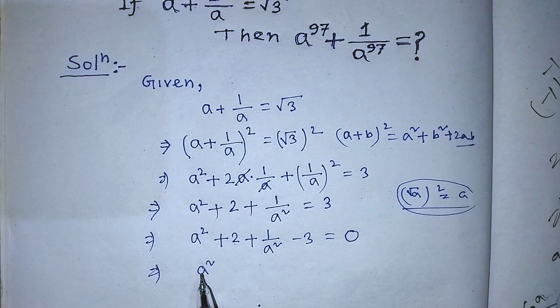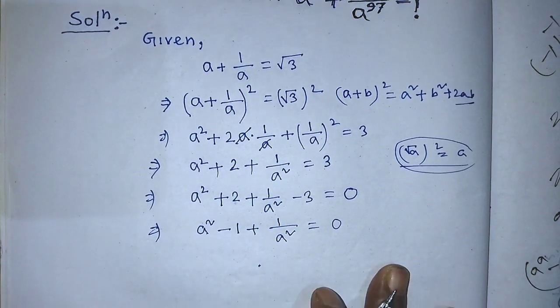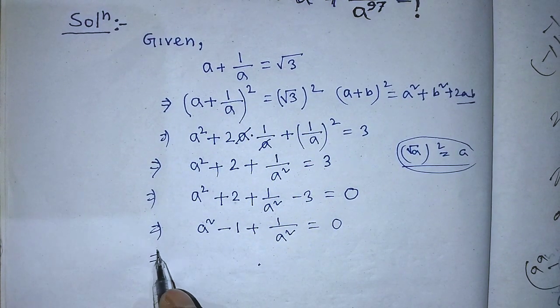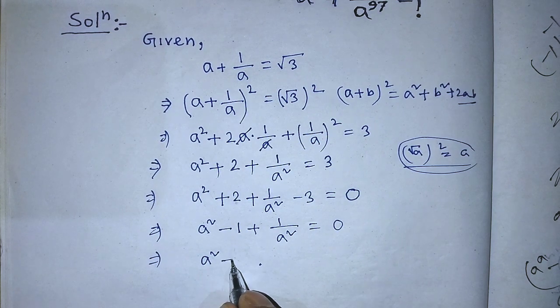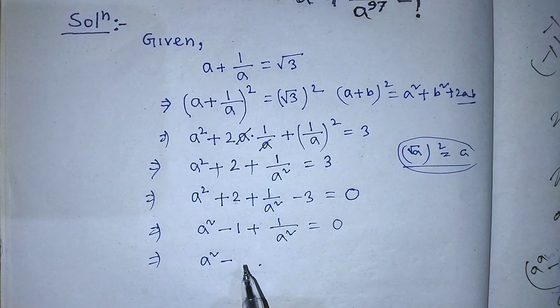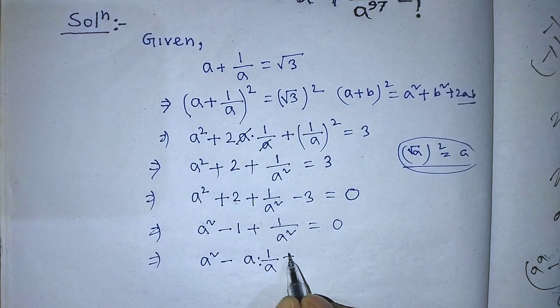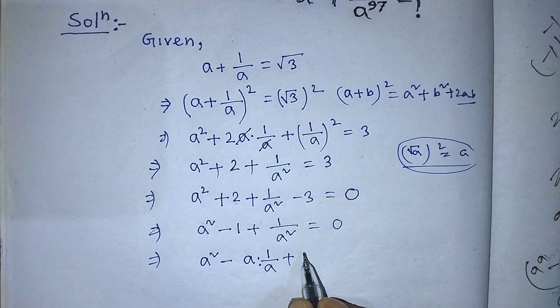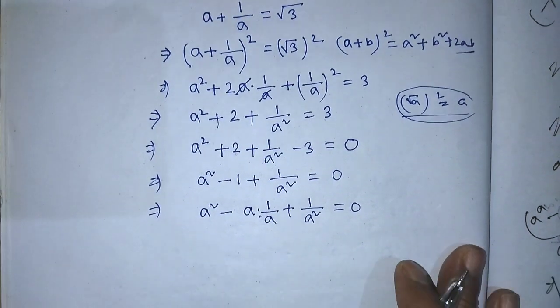On the left hand side we can write a square minus 1 plus 1 over a square is equal to 0. After that, on the left hand side we can write a square minus, in the place of 1 we can write a into 1 over a, plus, in the third term, 1 over a square is equal to 0. So student,